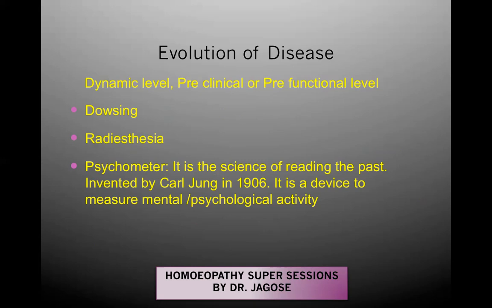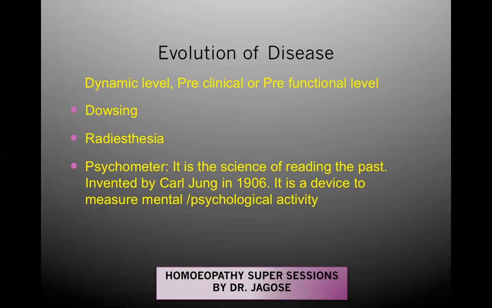The photograph is kept on the dowsing card, and the dowser talks to the pendulum, saying, tell me what is wrong with the patient. The dowser suspends the pendulum with the help of the string, and his hand is very steady. He doesn't move his hands, and the pendulum itself will start moving on these cards in a haphazard manner, and then it will localize itself to one point and point to one card. So that card will tell you what is wrong with the person.